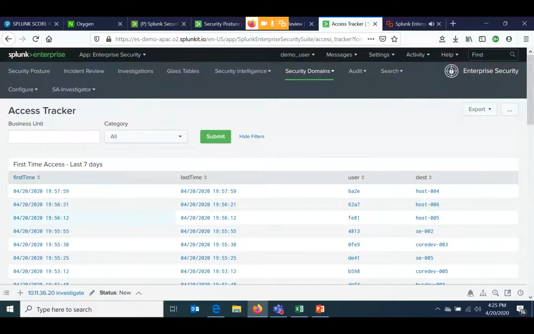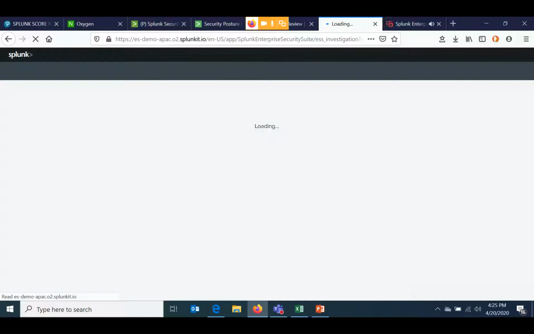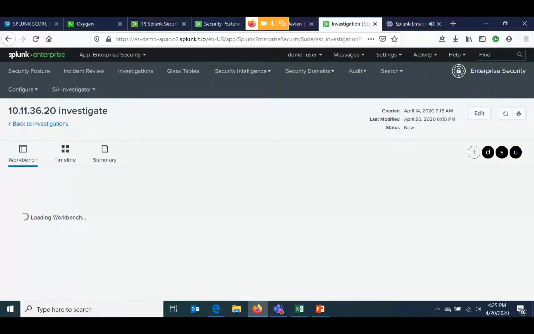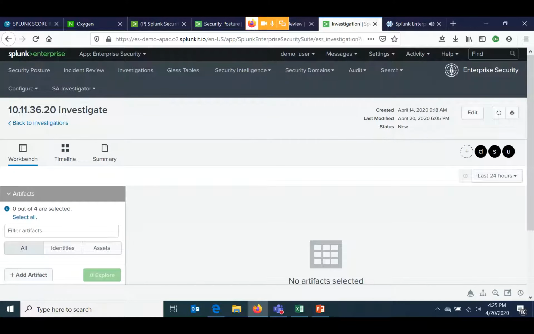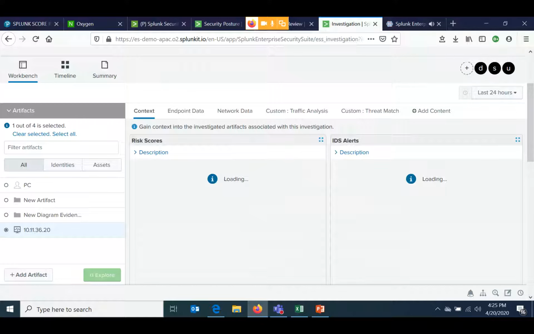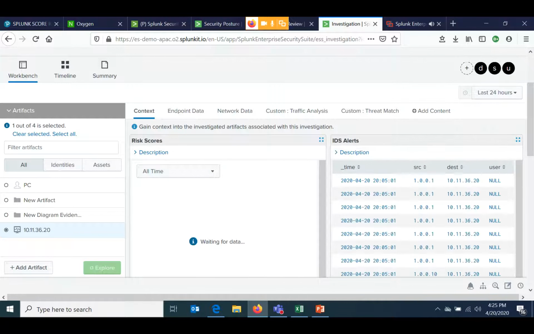So suppose if I want to investigate a particular one, I can create an investigation around that asset or identity, and go to an investigation platform where you have Workbench. In Workbench, you can drill down to a particular asset. So suppose this is the particular asset which I've created, right? I can explore all the activities happening on this particular asset, and you can see all the risk scores, IDs, alerts